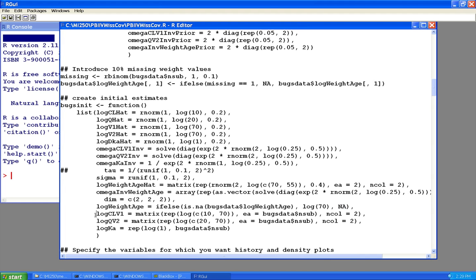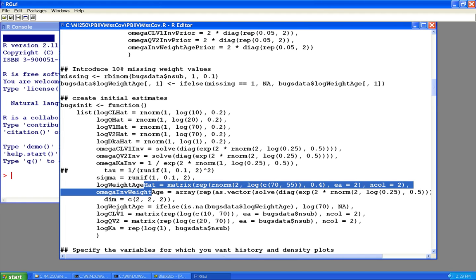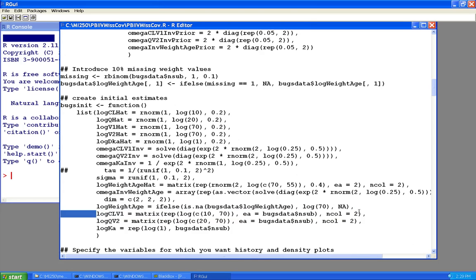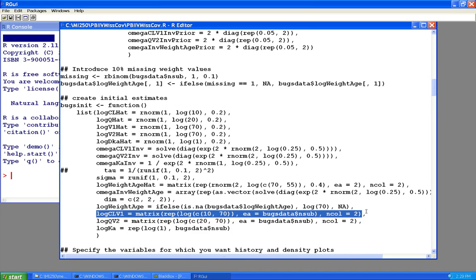And then what I've done otherwise here is for all of our random effects on our model parameters, so that's clearance, V1, Q, V2, and KA, you can see lines here which are providing initial estimates for the individual level values of those parameters. So that's what's going on here, where I'm saying log clearance V1, I'm passing in a matrix. It's going to have two columns, and in this case it's one, and it's going to have a number of rows equal to the number of